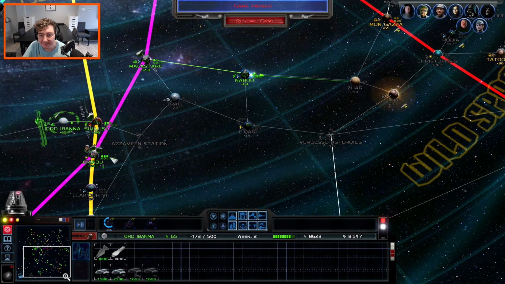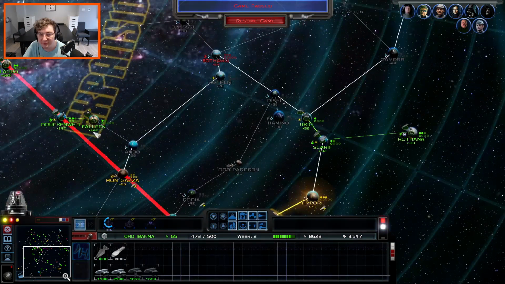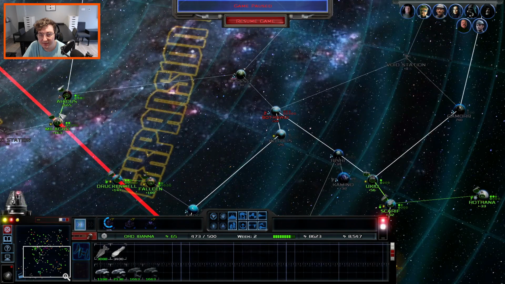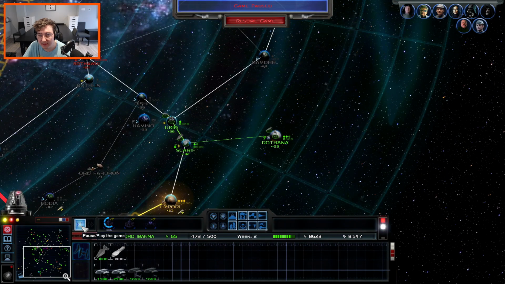I'm going to leave you where you are at the moment. We're not going to be moving out with this force yet. We tend to get assaulted. I think we'll leave it for now. But what we're going to do here, we're going to go